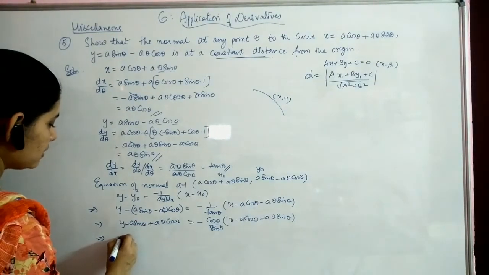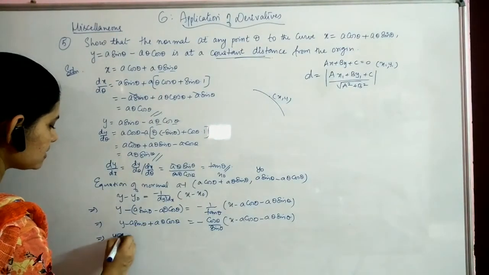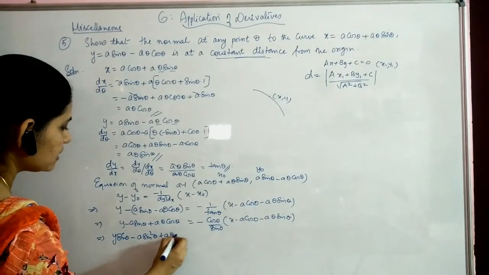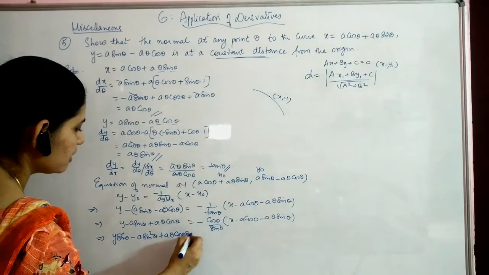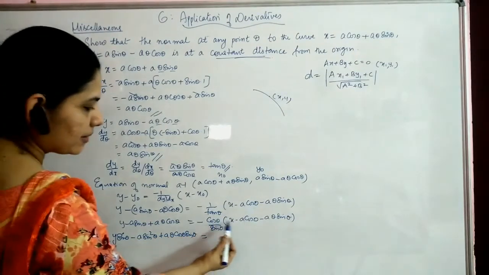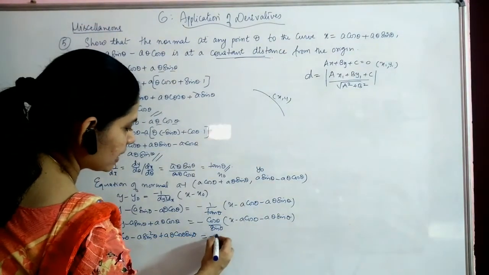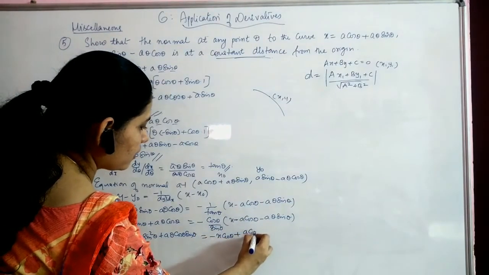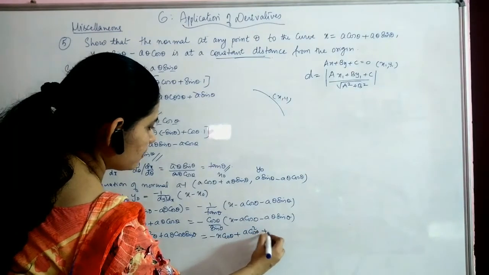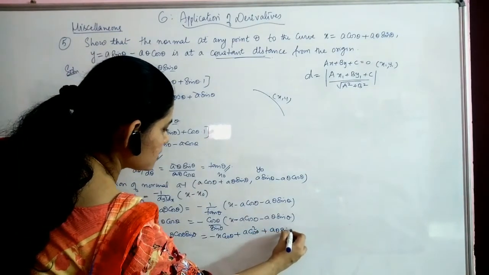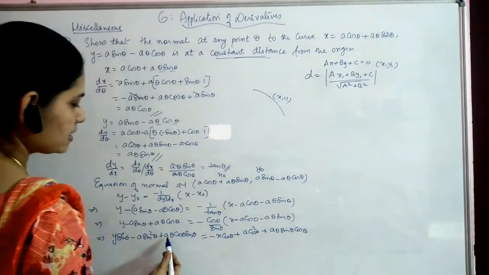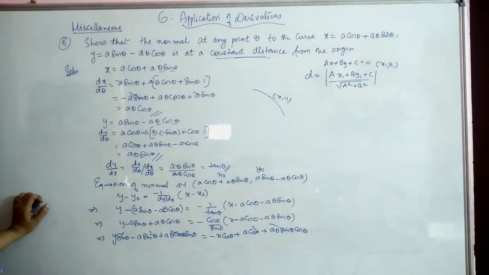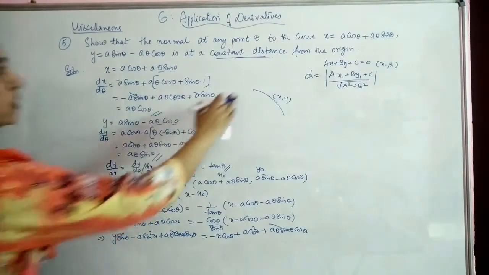You will get y sin theta minus a sin square theta plus a theta cos theta sin theta is equal to, multiplying negative cos theta with this, minus x cos theta plus a cos square theta plus a theta sin theta cos theta. So you can see that a theta cos theta sin theta in both sides with the same sign gets cancelled, and after this what you are getting